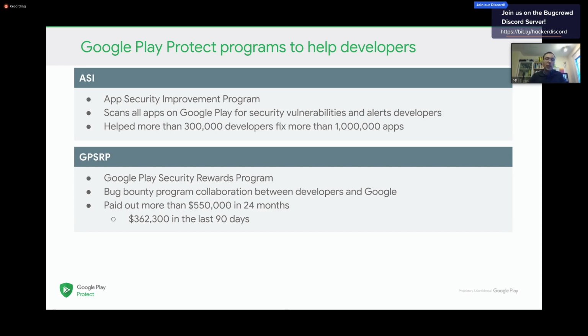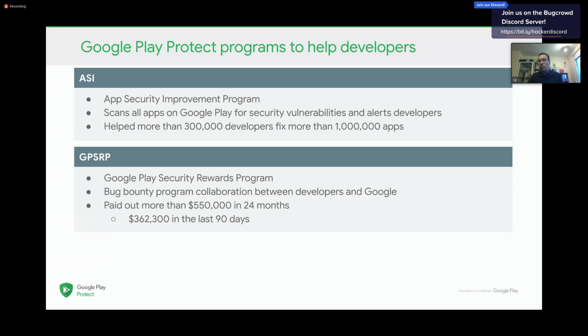And then at one point, we ran out of ideas for ASI. We ran out of ideas because there are only so many vulnerabilities, right, or vulnerability classes at least, that you can scan for. Even if we had perfect scanners, how many are there really? Maybe 30, 40 Android-specific vulnerabilities. And so we decided maybe we just don't know all of these vulnerabilities, and we need to find a way to source new vulnerabilities in the Android ecosystem that we just don't know about. And so we decided, let's launch the Google Play Security Rewards Program, which is a bug bounty program,